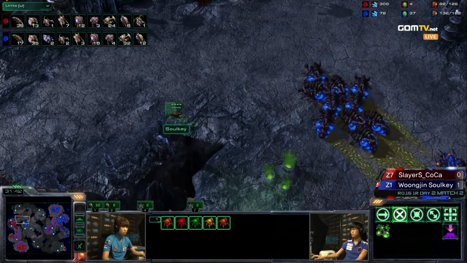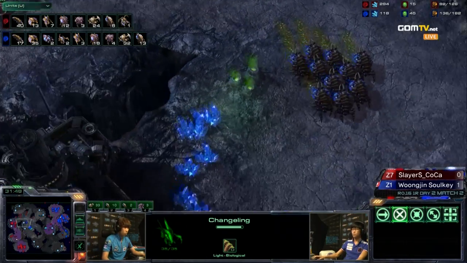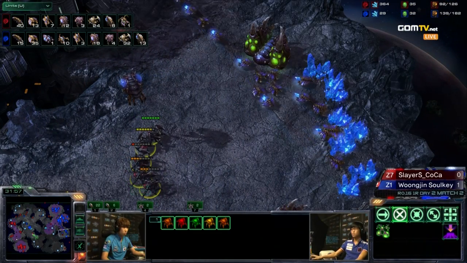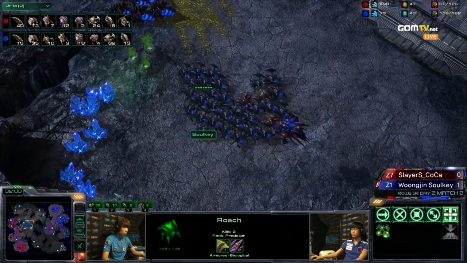Wow, the roaches are actually not attacking the drones. They're just standing there. They killed the queens, and now they are at the bottom right, at the third, and not attacking the long-distance mining drones, and this is something that Koka doesn't see. A lot of Soulkey's infestors are out of position. He's going to use them, I guess, to supposedly catch run-bys, but...